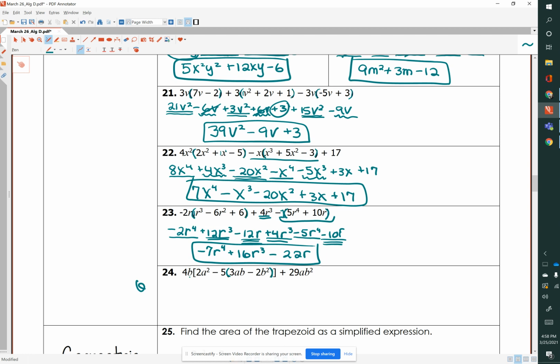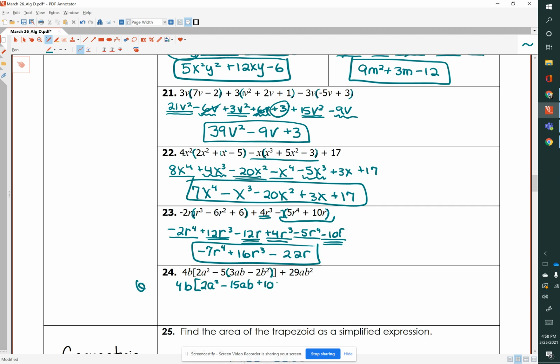So we'll start with 4b, and then we have our 2a squared. Now we start distributing. Negative 5 times positive 3 is negative 15ab. And negative 5 times negative 2 is positive 10